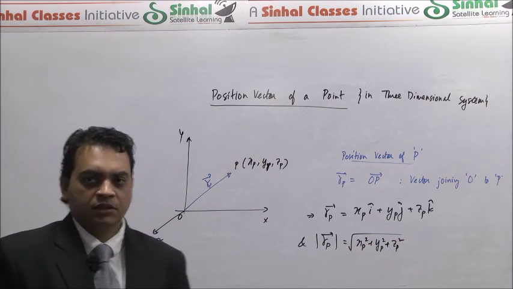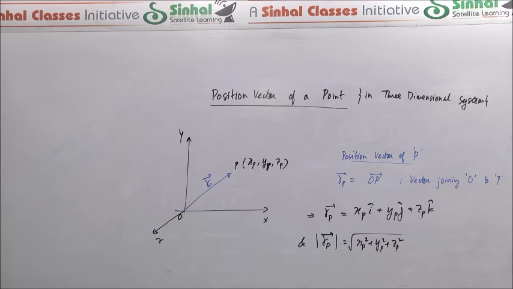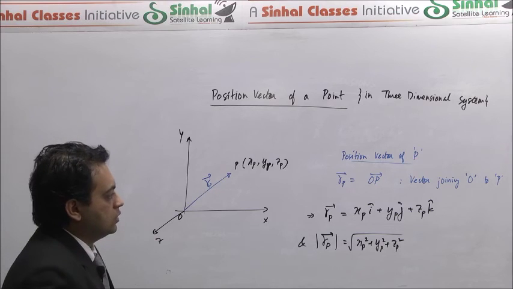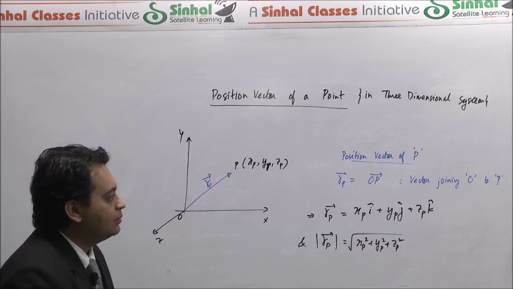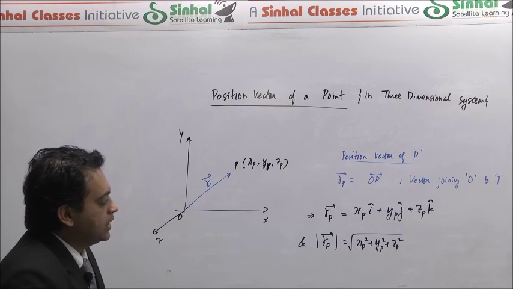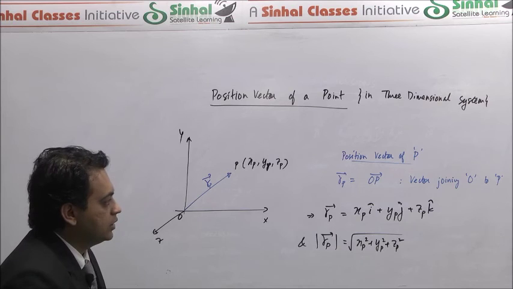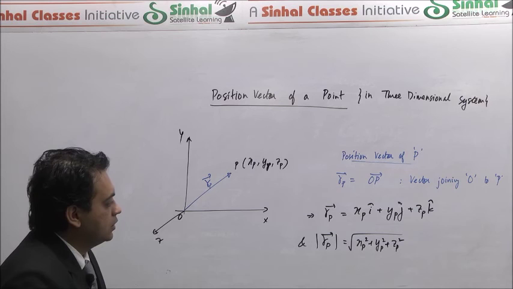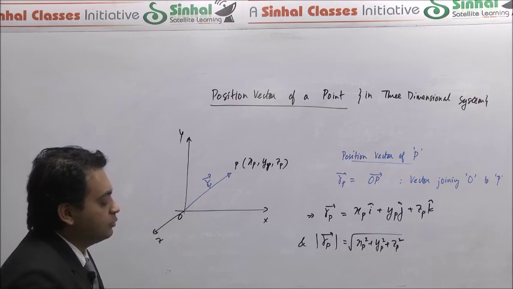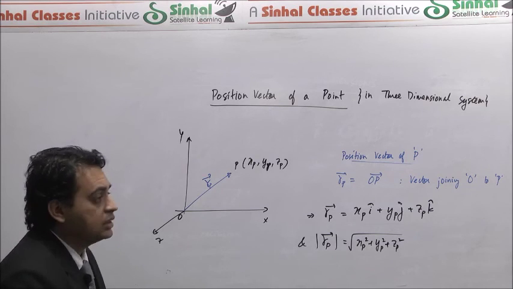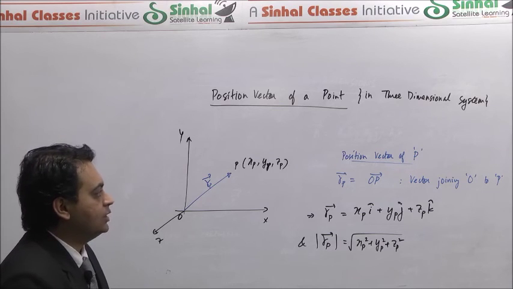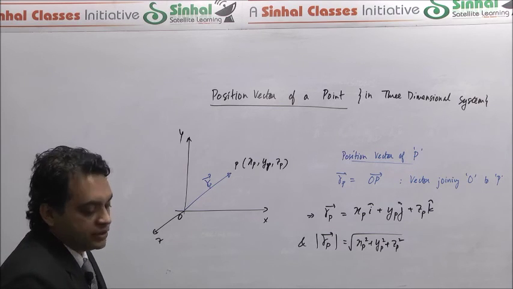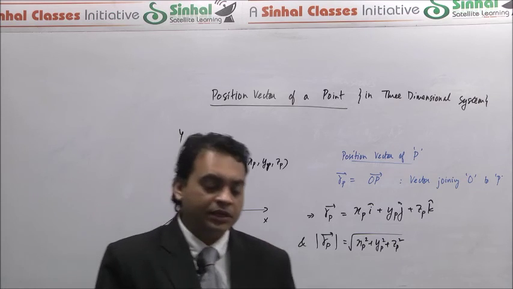Right. So this becomes a very important definition and an application which, particularly speaking, we will be using in the chapter on motion, which is called kinematics. In kinematics we will be using vectors to define the equations which will help us express the motion of particles, etc. The most fundamental thing before we start expressing the motion of a particle is expressing its position using vector algebra, and hence we see the definition here. The position vector of a particle is given by that.